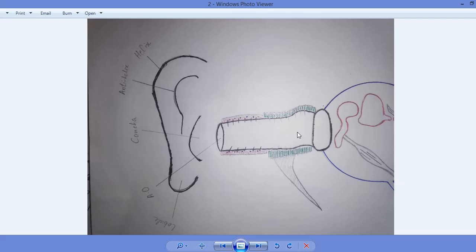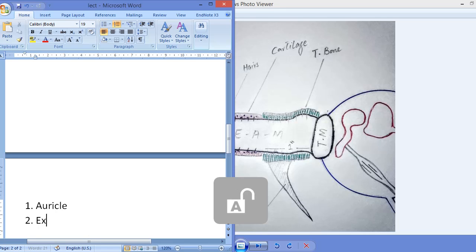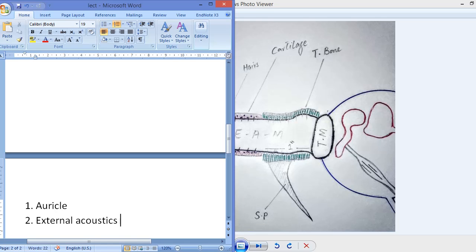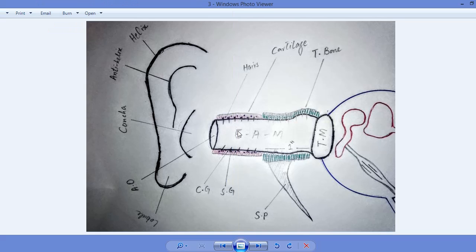External acoustic meatus. I'm going to write it. First was the auricle. The second is the external acoustic meatus. So the external acoustic meatus, which is up to 2 inches in length, consists of